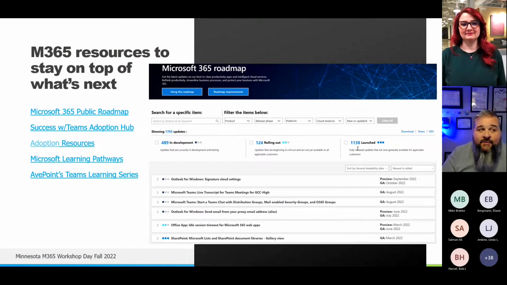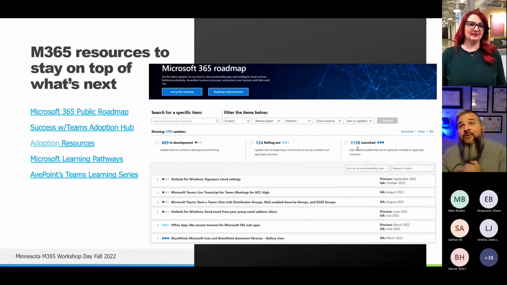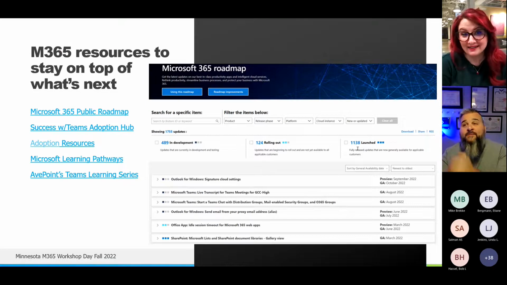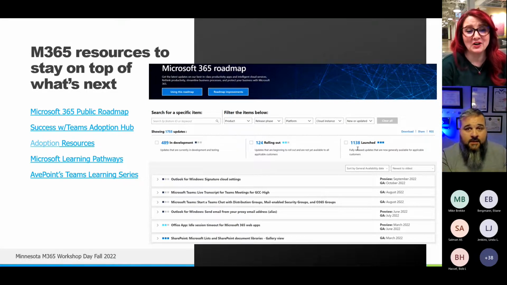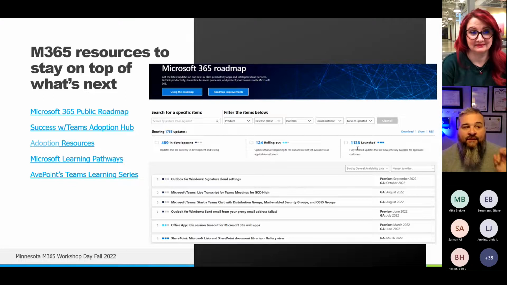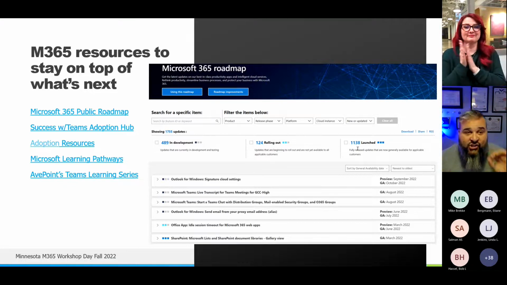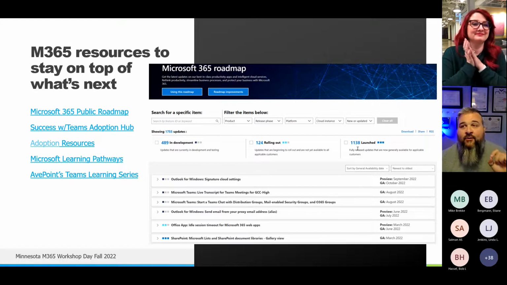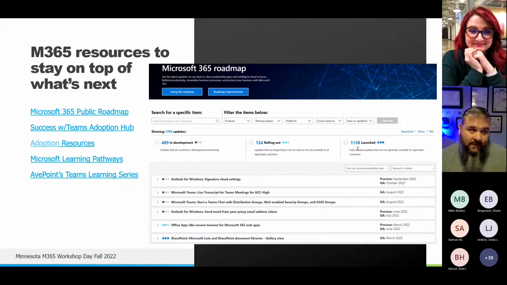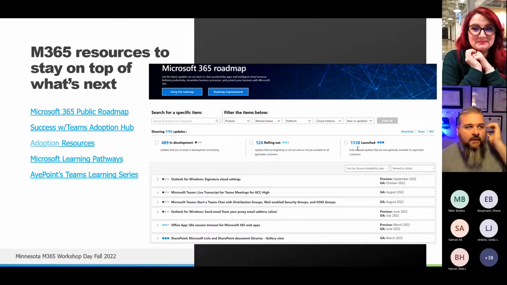The graphic is the new Microsoft 365 roadmap, which I gotta tell you, as somebody who works in a space that is always behind the release schedule with the federal and the DoD, the changes they have made here, being able to filter by GCC, GCC High, and DoD has changed my life in following. Well, wait, is that available? Let me go look. I can actually look.